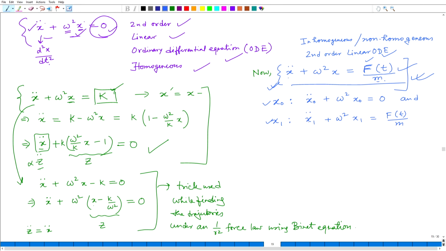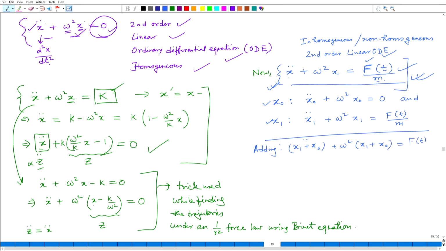Now, if you add the two, you will have x 1 plus x 0 whole double dot plus omega square times x 1 plus x 0